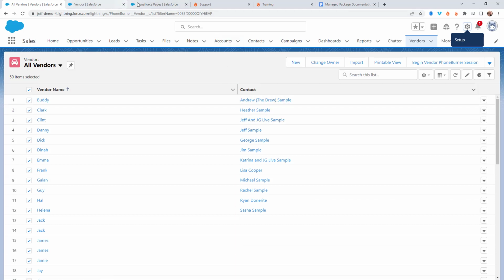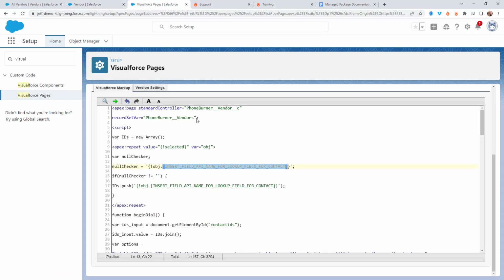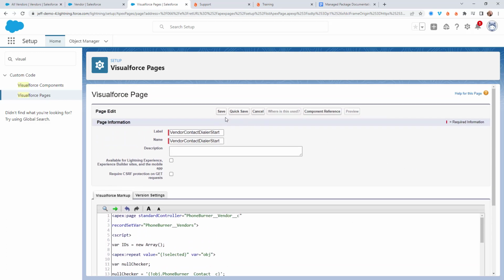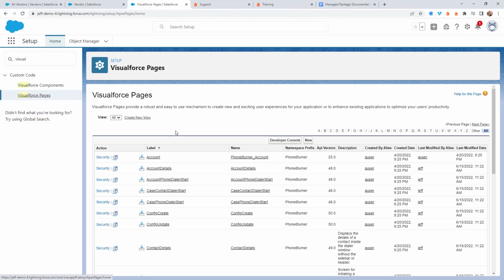So going back here, I'm going to copy this field name, the API name, and I'm going to paste that into the code here. So it should look just like that. And now I can save this. So now that I've created this Visualforce page, if I go back to Visualforce pages, I should see this new